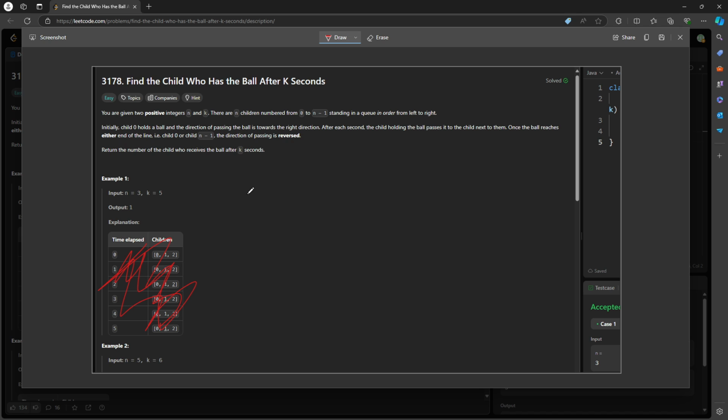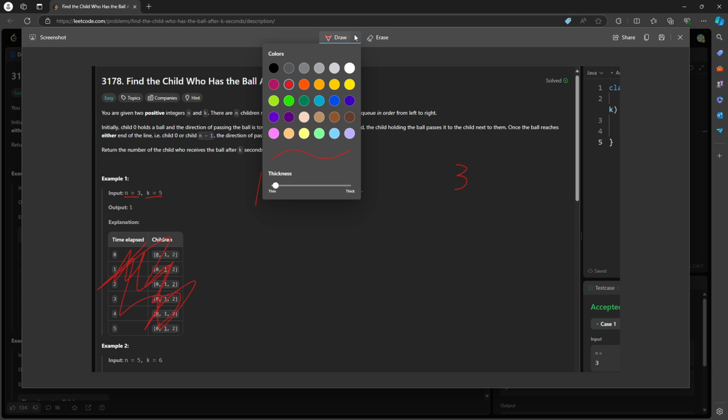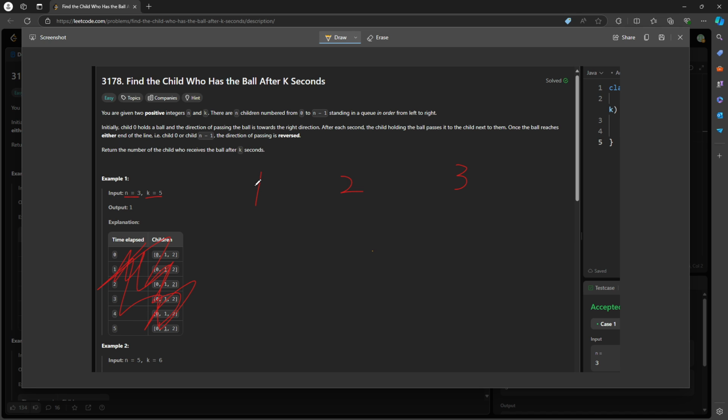So let's see. How many people? Three people, right? How many times do you need to pass the ball? 5 times. So let's think about this. 1, 2, 3. What does the ball need to pass for one completed run? One completed run represents 1 to 2, 2 to 3, 3 to 2, 2 to 1. This represents one complete